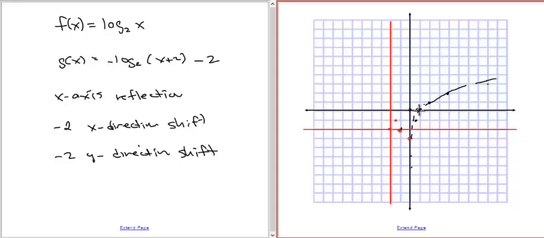The next one is 1, 2, 3, 4, 2 up. So we're going to go 1, 2, 3, 4, 2 down. And then this one, same thing, you go 8, so 1, 2, 3, 4, 5, 6, 7, 8, down 3. And so it should look something like